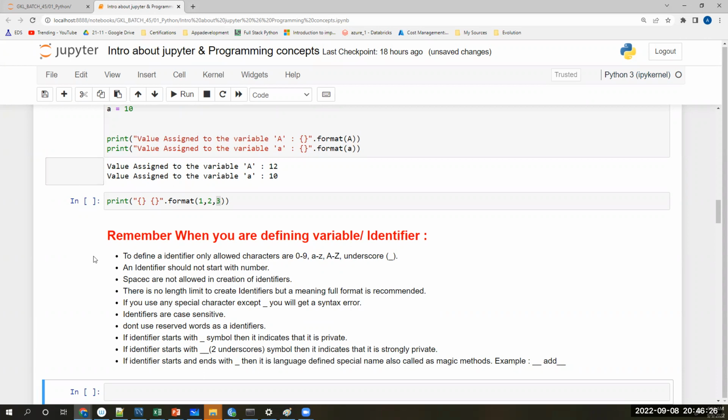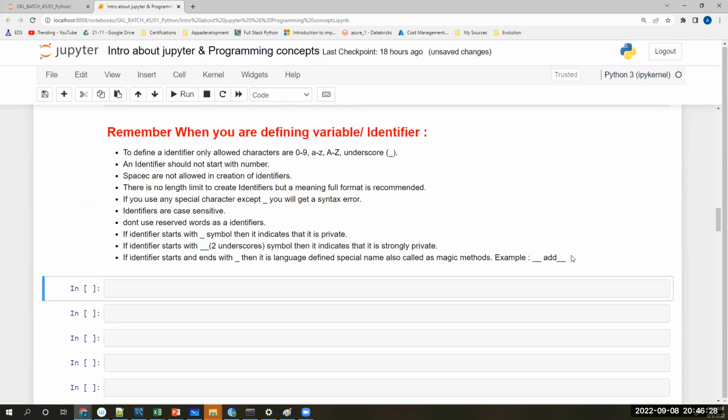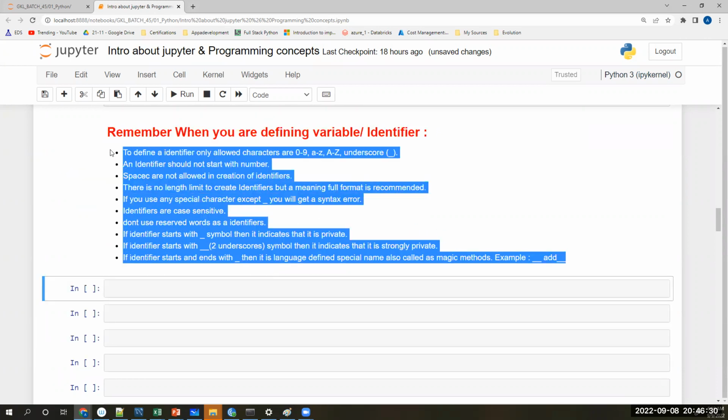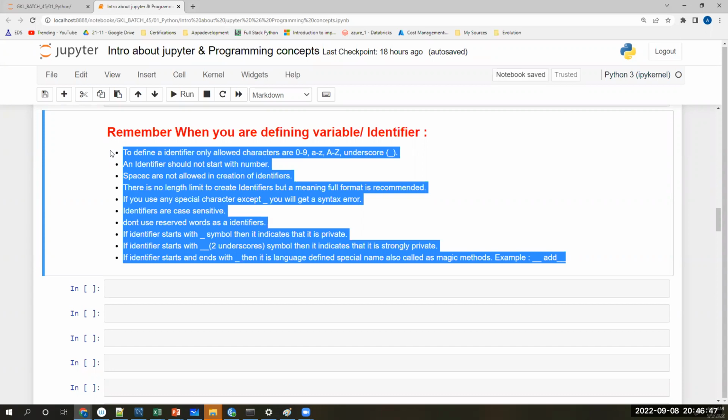I'll give you 1 minute. Try to go through these points. To define an identifier, the only allowed characters are 0 to 9, small a to small z, capital A to capital Z, and underscore. It should not start with a number. Spaces are not allowed. There is no limit for length, but